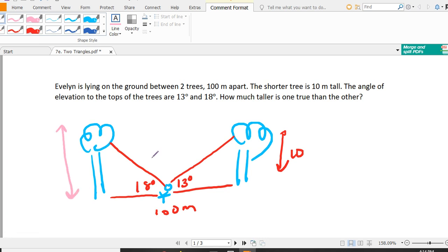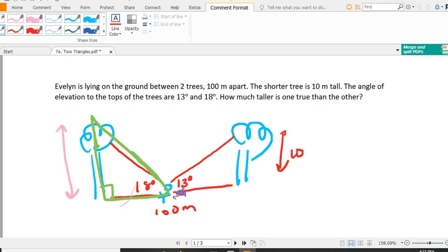Well, to find out how much taller that tree is, we need to first find out how tall it is in the first place. So if I look at this triangle, and only this triangle on this side, the problem is I have an angle, but that's all I have. I can't assume this is 50. So what I need to do then is first find